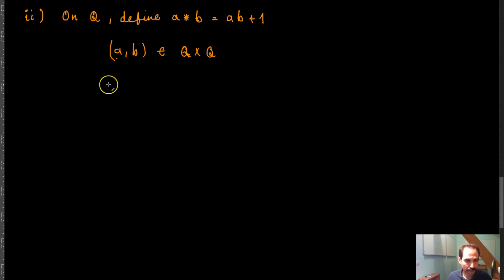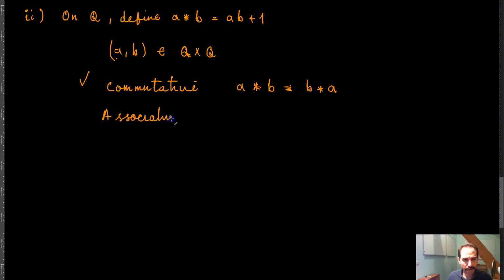So in commutative, what is important is that A star B has to be equal to B star A. Associative means that (A star B) star C is supposed to be equal to A star (B star C),